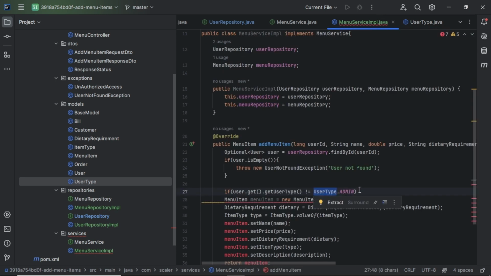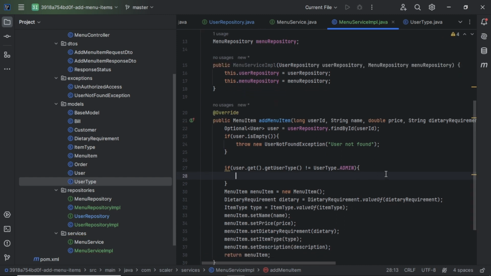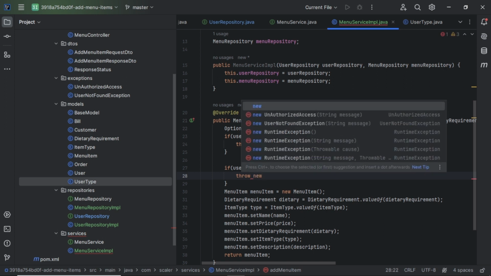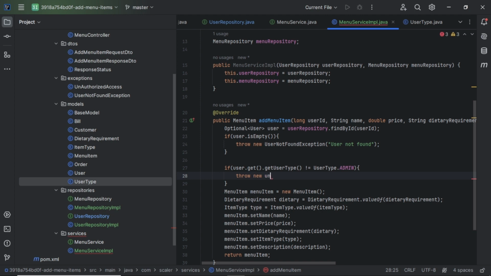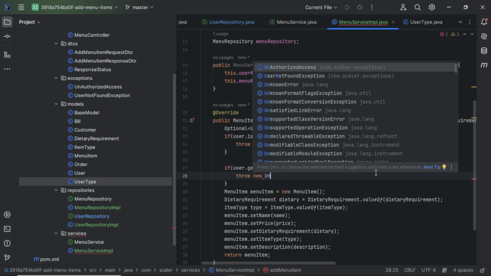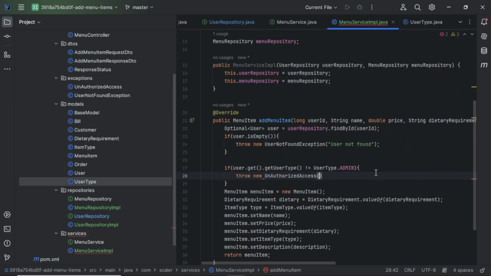Okay, so I have written it here and simply check it here. And throw the exception new unauthorized access, and I will pass one message to it, unauthorized access.